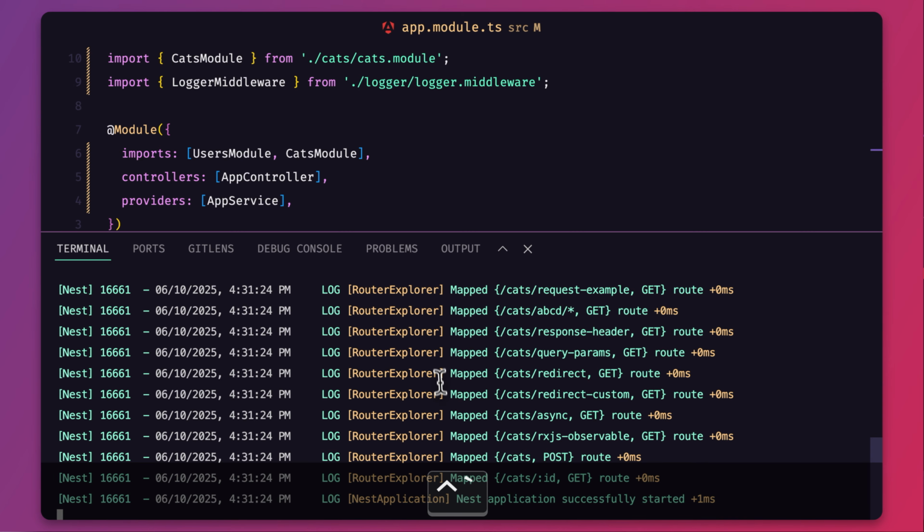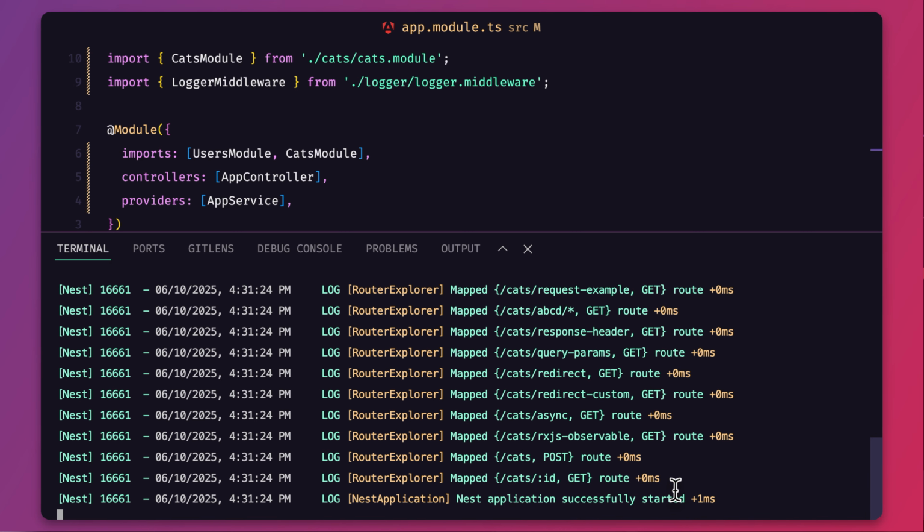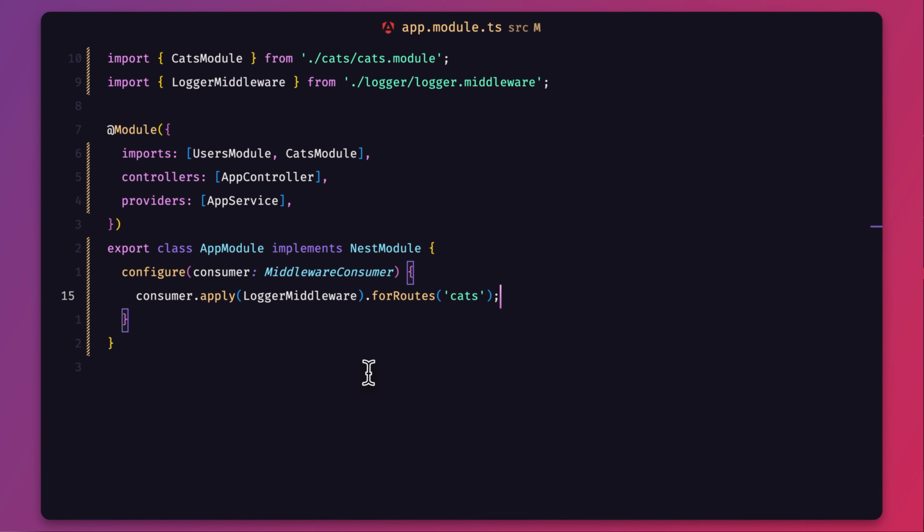So now I think I can actually run the application. So you can see that it's still running. There is no issue. But this time we are actually consuming or applying a middleware. But here you can see that this is really, really important, because we are actually applying the middleware for the cats route. So I can actually do this. This means just apply the middleware everywhere. Okay, so let's try with this one first. I'm going to save,